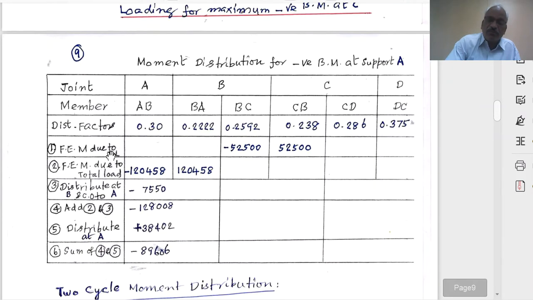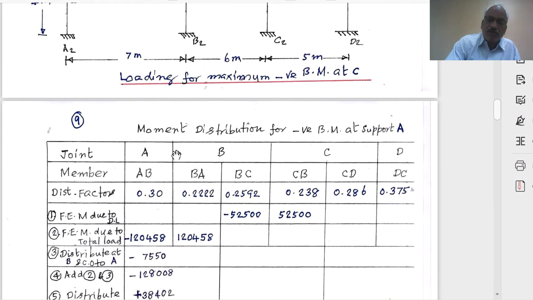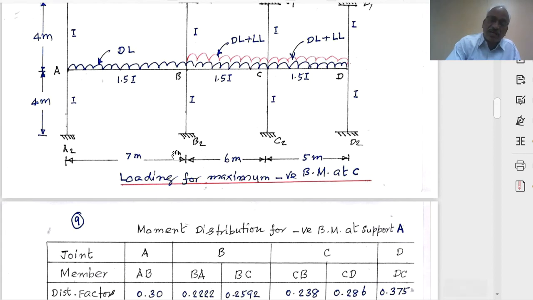Now, we have one more joint, which we will take up later. That is joint D. For joint D, the span CD will be loaded with live load. CB will be loaded with the dead load only. We will not bother about the span BA. That we are going to discuss subsequently, not now. So this is how the different members are to be loaded for negative moment at joints A, B, C